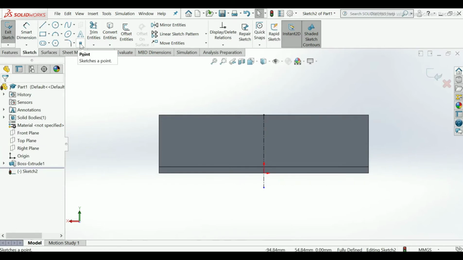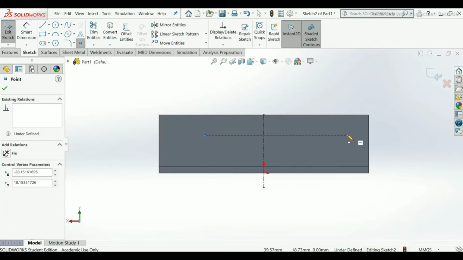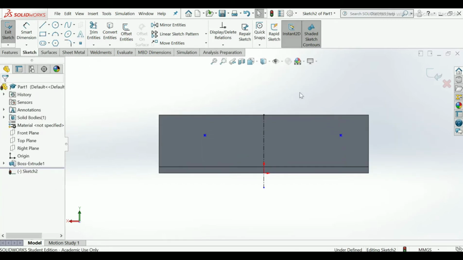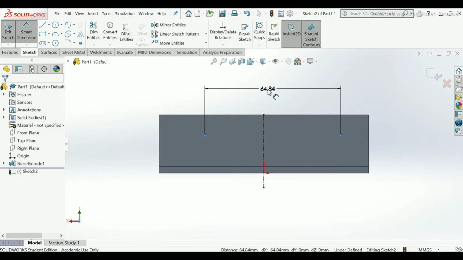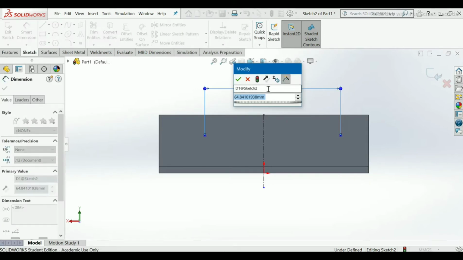Take a point from the sketch command manager. Apply the points. Then apply dimension. Make it 60 mm.